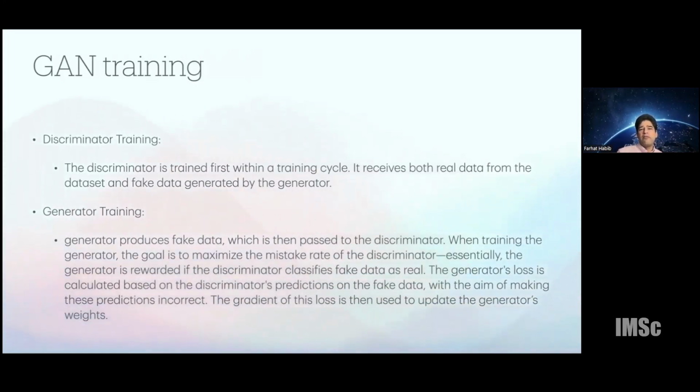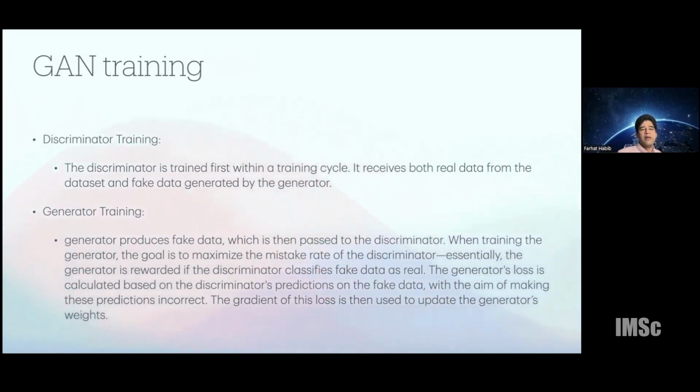So how does the training for a GAN work? GAN training starts with training the discriminator first. First, you start with a set of real images. So let's say you have a large bunch of real images and some other images that are not a part of the training set.